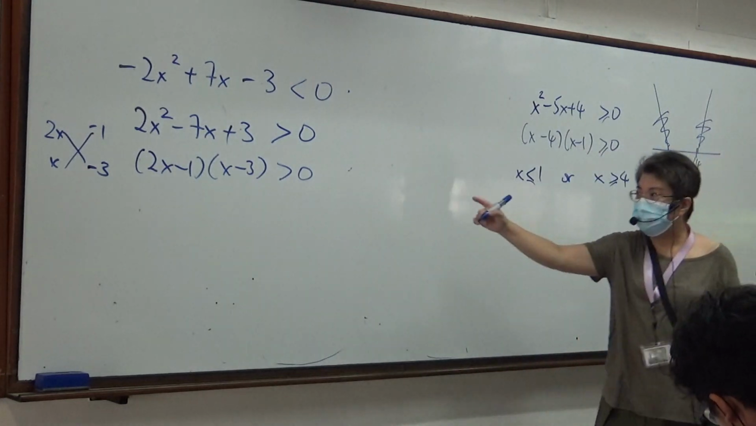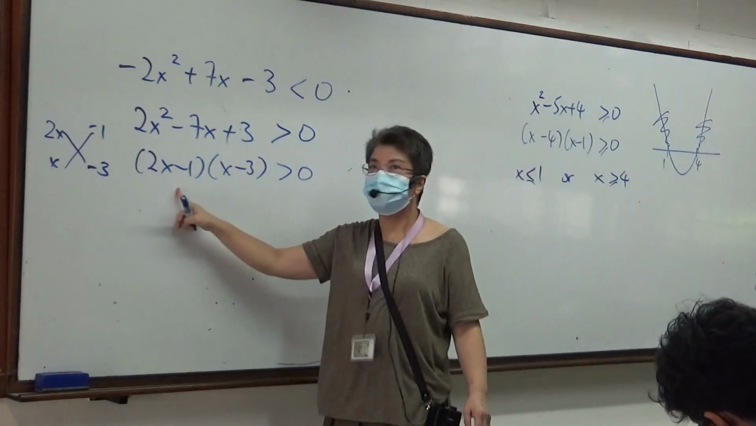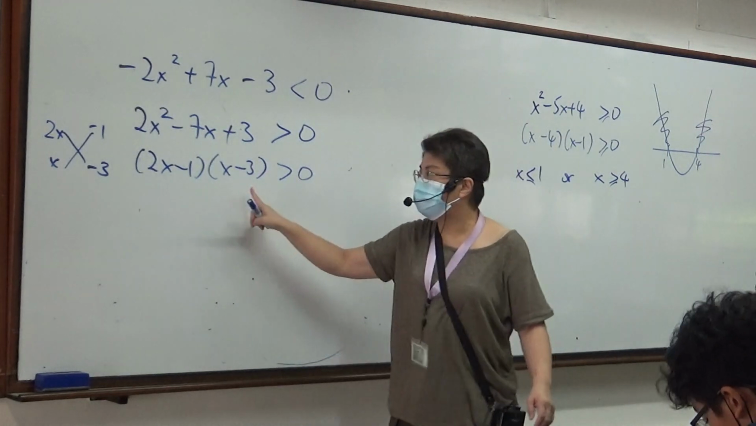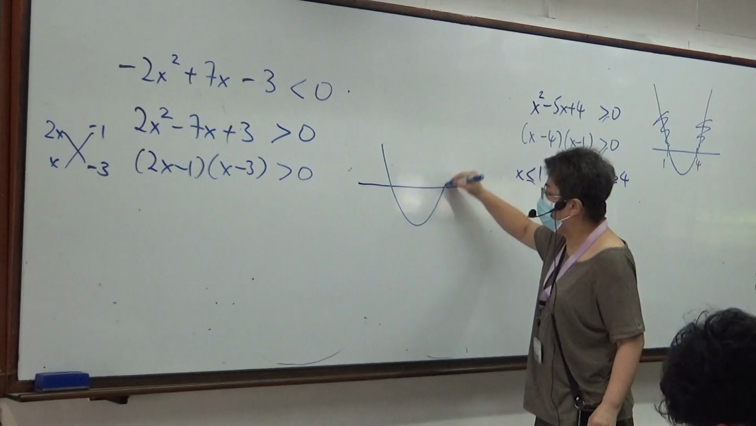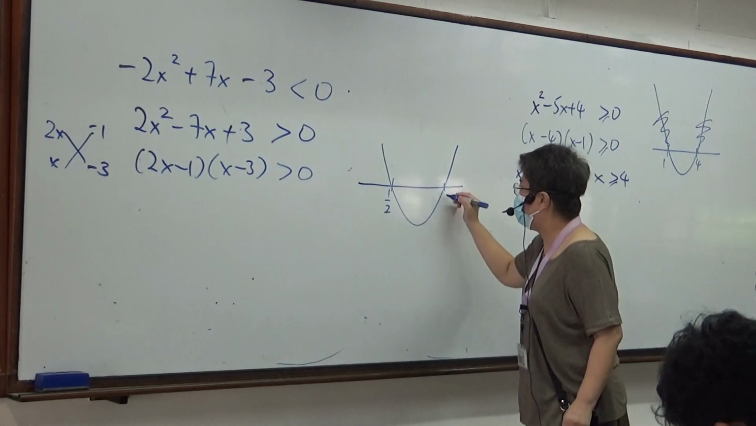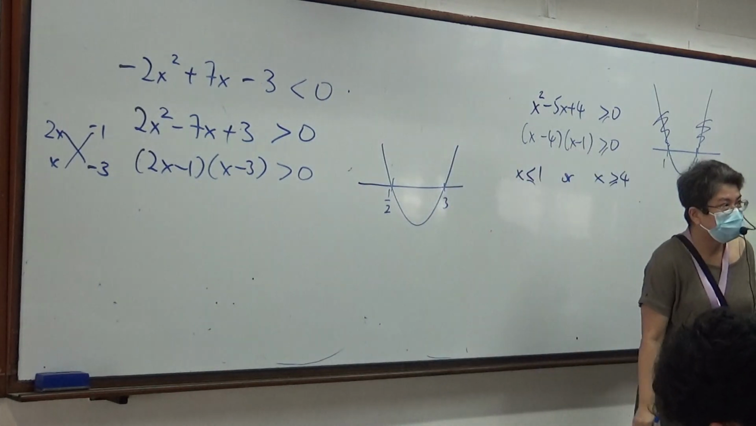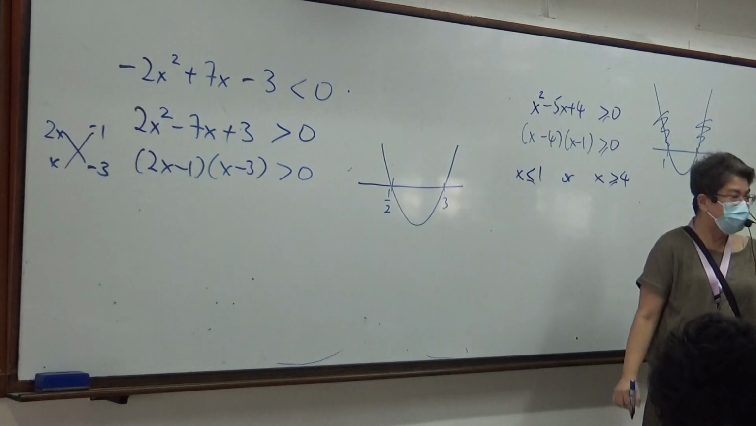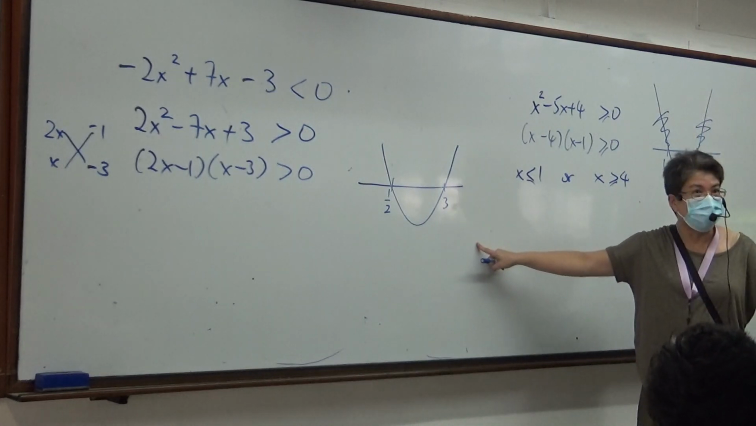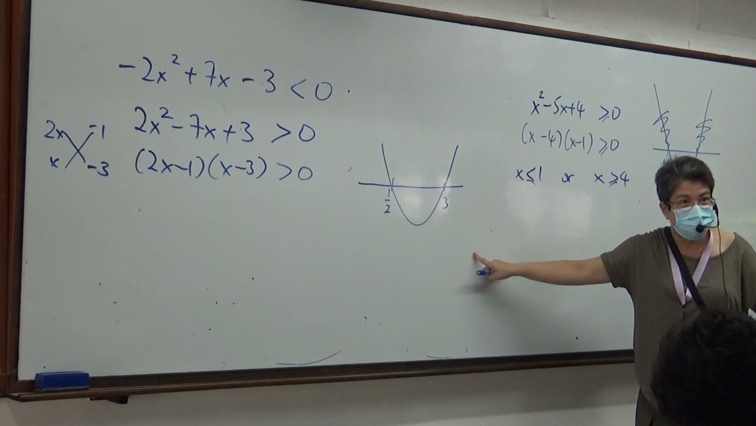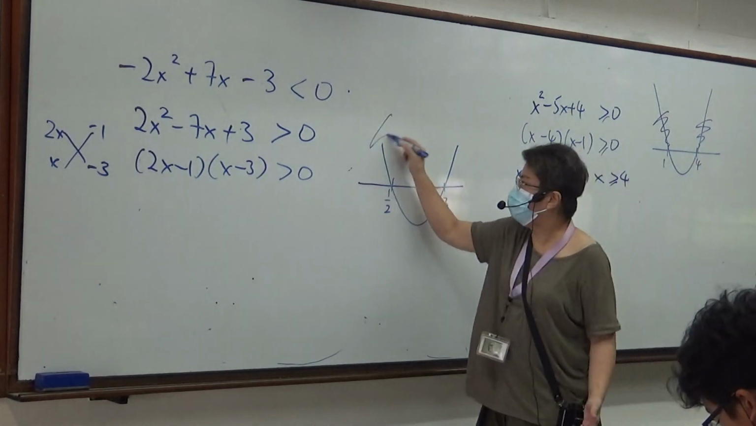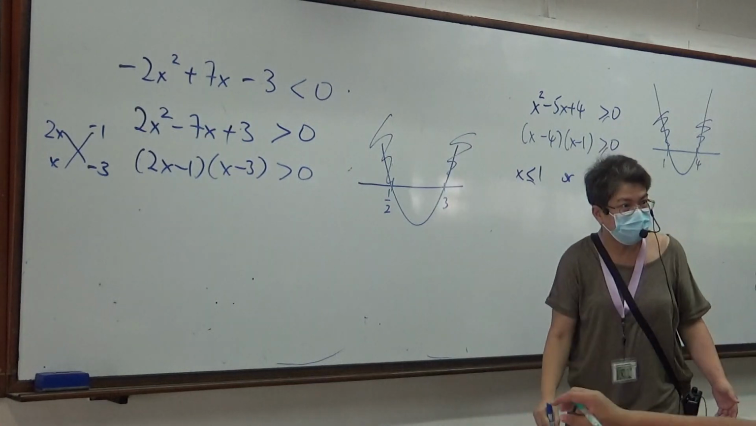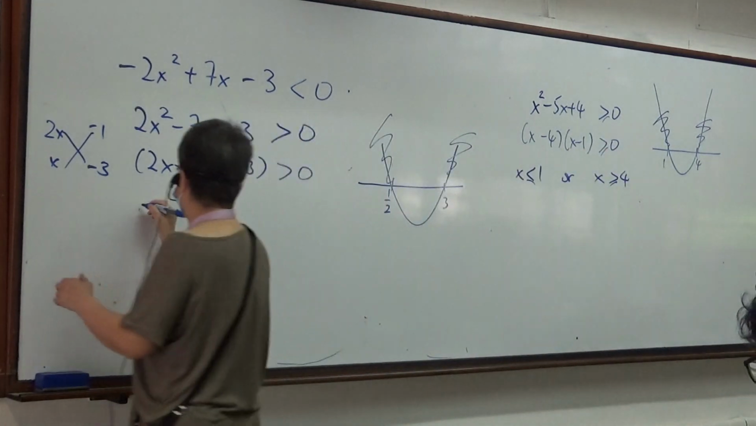Now if I solve this, the answer will be a half, right? What about this? 3. So I will get it like this. This is a half, this is 3, right? Correct. All my curves are minimum curves because I make it that way. You understand? Now, bigger, so where? On top. Here and here, right? So what's my answer? x